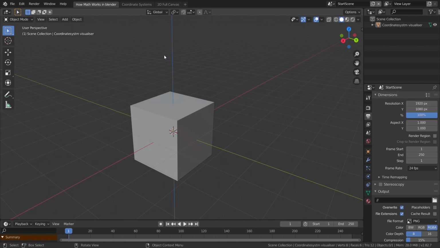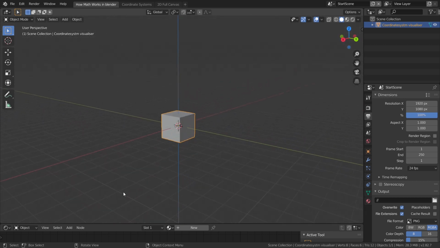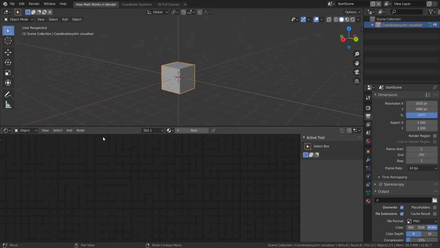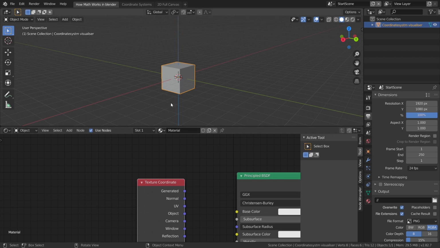So let's get started. First of all, let's talk about coordinate systems that we can use in Shader Editor in Blender. Let's rearrange the scene quickly. I recommend you enable the Node Wrangler add-on because it makes our lives easier. Let's create a material by clicking this button and let's add the texture coordinate node. If you Ctrl Shift click, you can see that it toggles between the coordinate systems. For simplicity's sake, let's start with the object coordinate system.